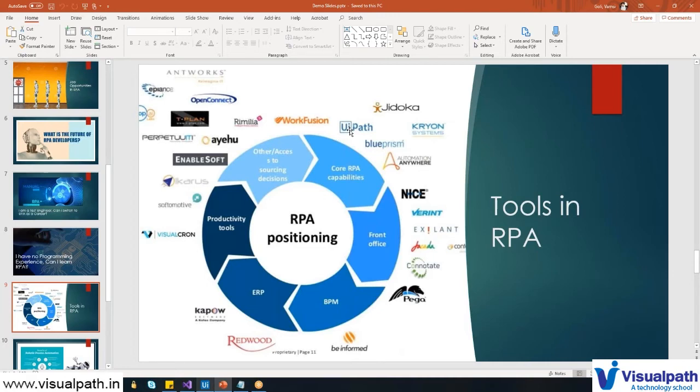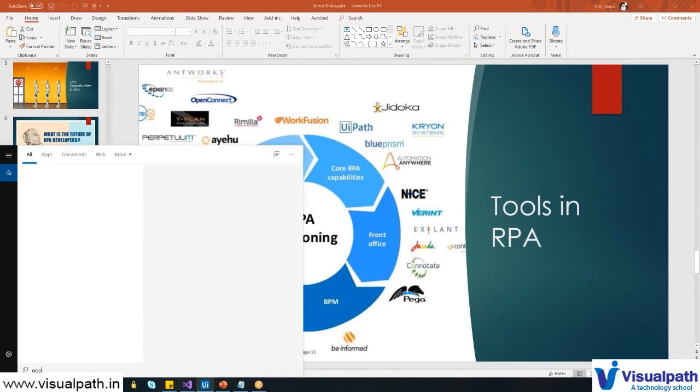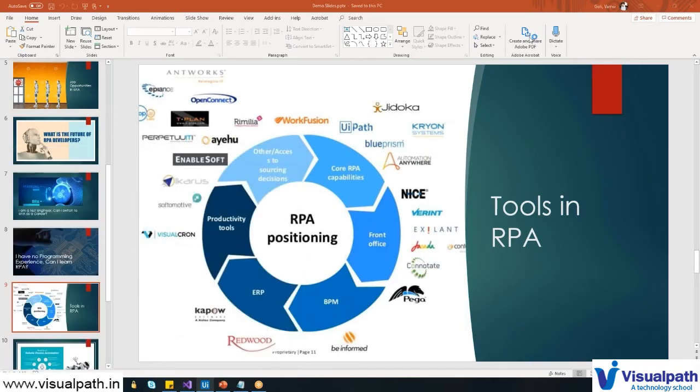One is you'll have good support. Support in the sense that when you go to Google and type UiPath forum, you'll have many people always available for you if you get stuck on something while developing.